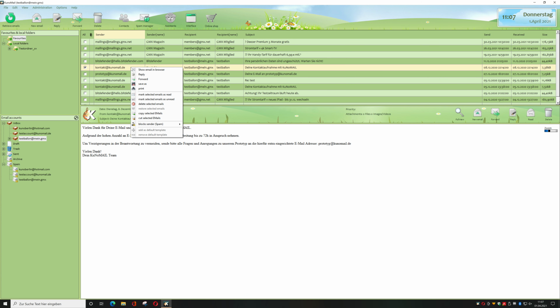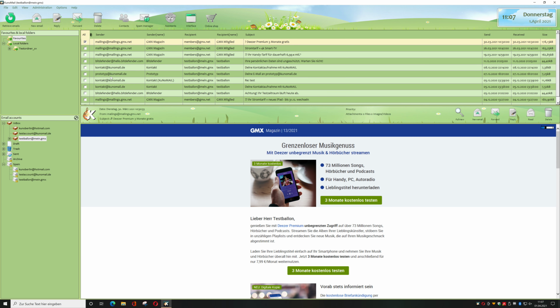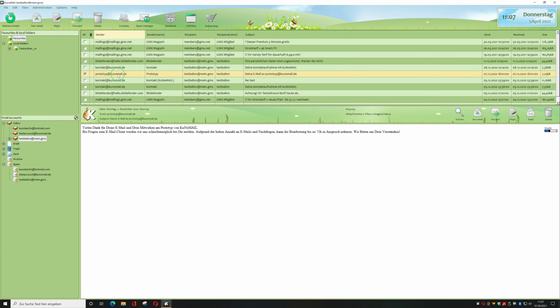If you click right on your email, then you have here in the context menu Block Sender, Spam, the Spam Manager. You can choose trusted, blocked, or you can also open the spam management here. For example, our email from contact@kunomail.de, I want to add to the trusted senders, and prototype@kunomail.de, I want to add